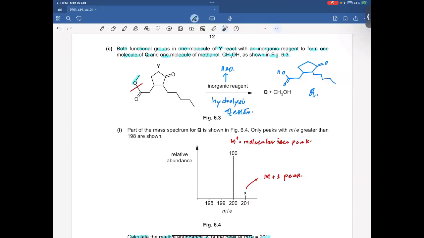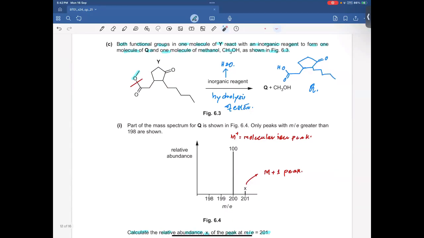Y contains 2,4-DNPH, so you will get a precipitate of 2,4-DNPH. Q also contains this functional group, so I believe it also gives